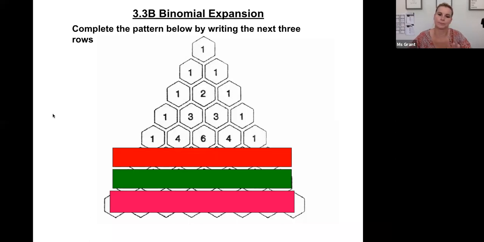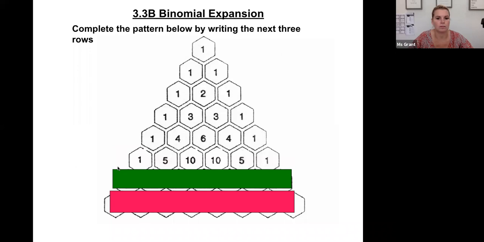Okay, thank you. Complete the pattern below by writing the next row. So remember, you're adding 1 plus 4, and the answer to 1 plus 4 goes underneath in this box underneath it. 4 plus 6 you add, and the answer goes underneath. That's 10. So my next row always has a 1 at the edge on the left and on the right,